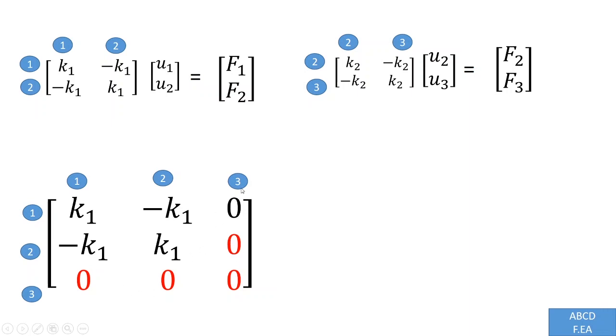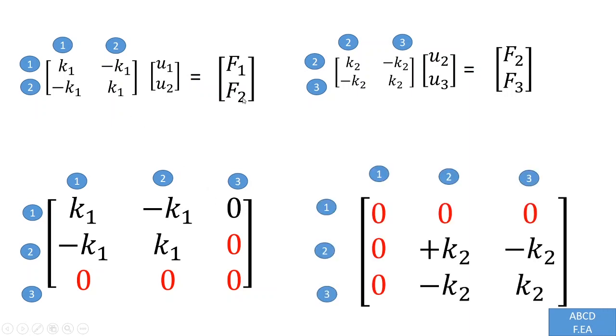Similarly, if you see here, this is not giving any answer for my first element. So that's why first row and column is 0. Again I will repeat this step. This is a very tricky step. It is giving answer to 1 and 2, but the third row and third column are empty. That's why this is 0, this is 0. This is not giving answer to my first row and first column. That's why this is completely 0.